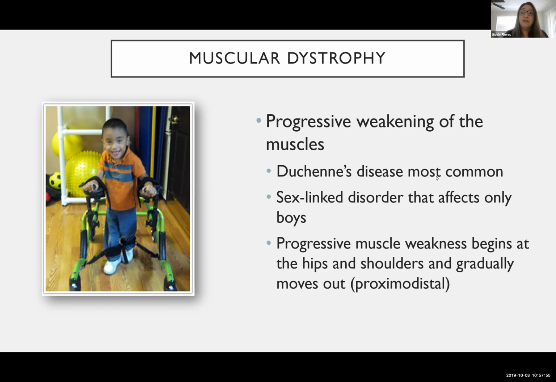And they can live a pretty long life, like 30, 40s, but by the time they're that age, with that decrease in the ability to function muscularly, they're pretty much dependent on somebody to take care of them.